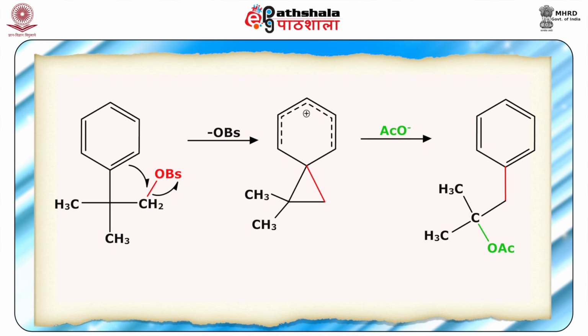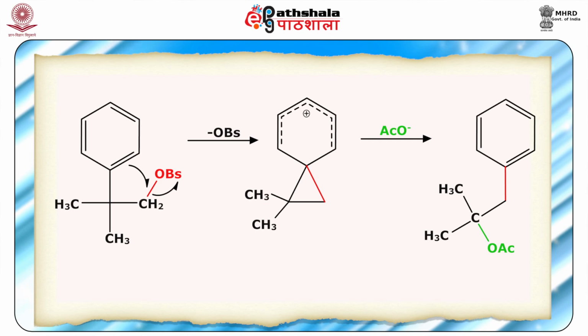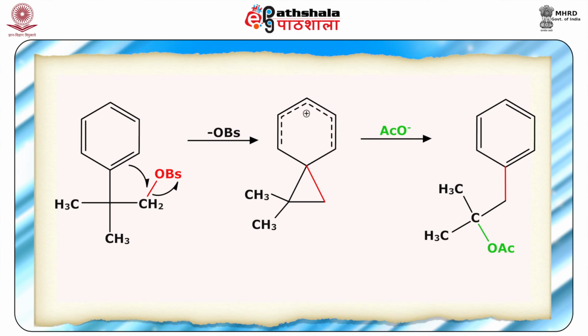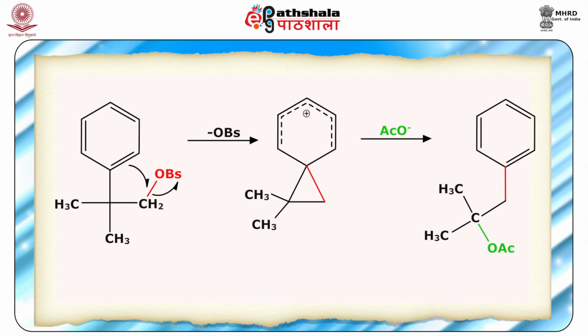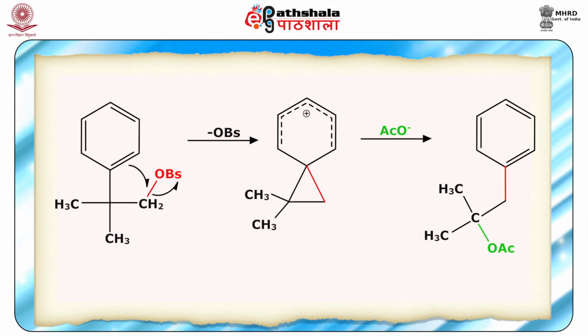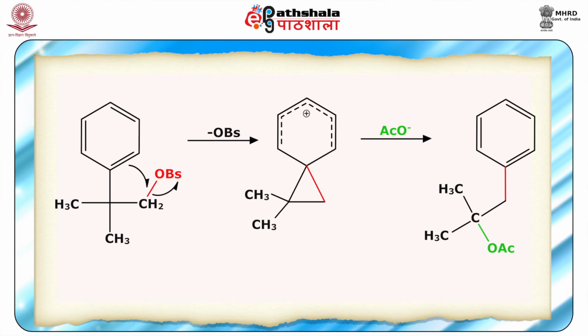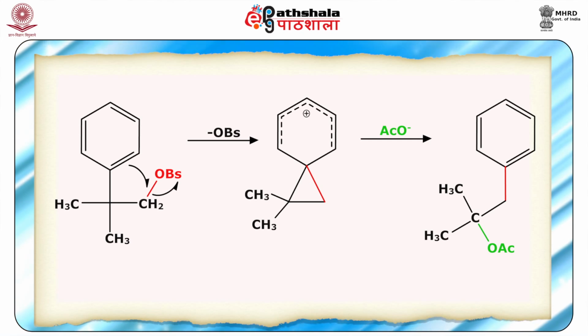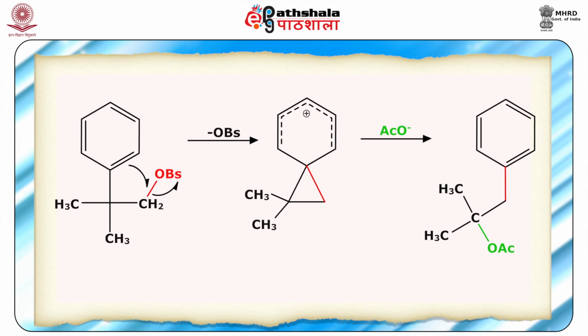Here we have a phenyl ring at this particular position, and further there is an OBs group which is a good leaving group, and this phenyl ring will assist in the removal of OBs, and as this OBs minus goes, there is the formation of this 3-membered cyclic intermediate, and you can see this positive charge is being accommodated by the phenyl ring conjugation,